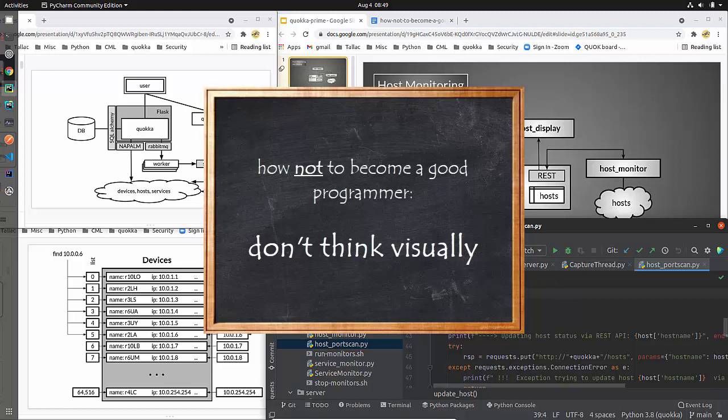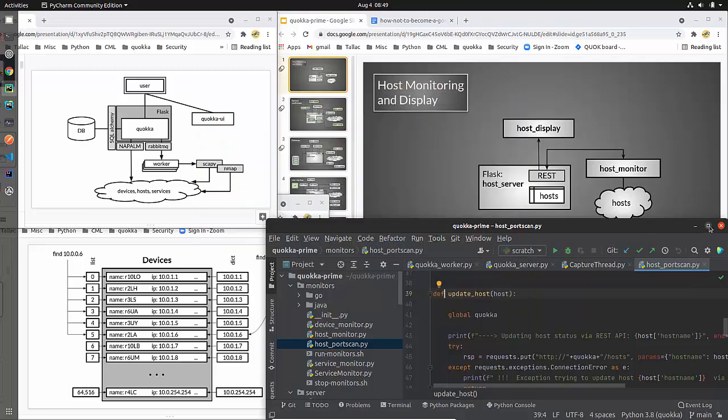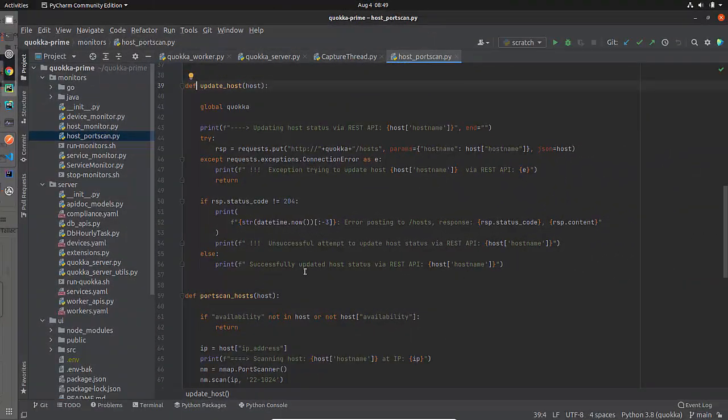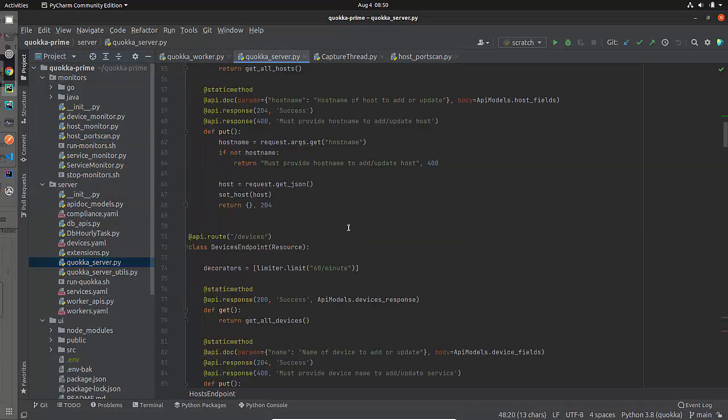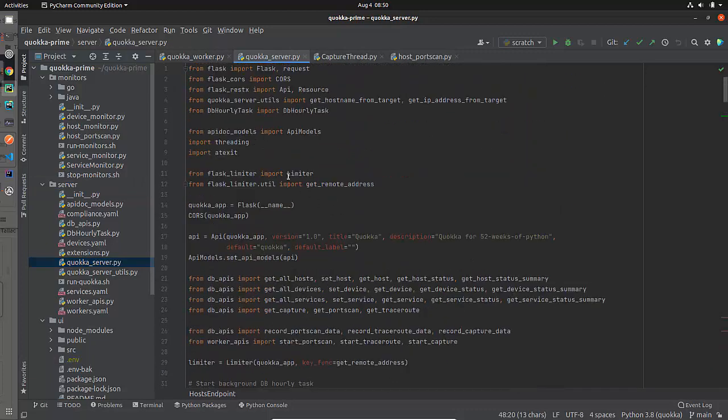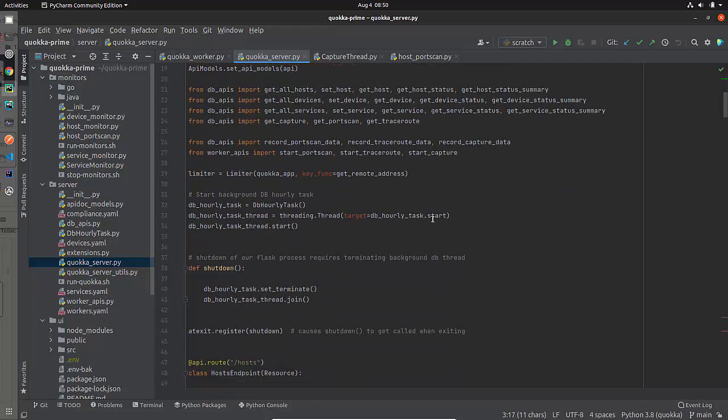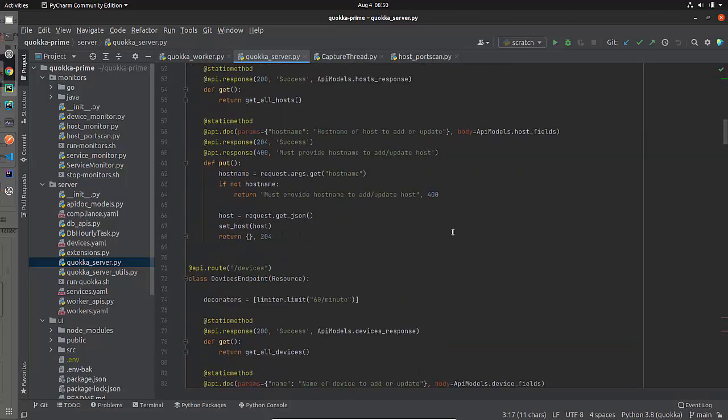If I was to ask certain people, and I've done this in interviews many times, to draw me a picture of the software that they are building or have built, then many times what they're going to end up doing is just coming back to the code. And they'll say, oh yeah, there's a server in this code and the server looks like this. It has these routes and we're importing stuff like Flask and Flask RESTX that I'm doing stuff with, and I created these APIs and I have shutdown that I'm handling.